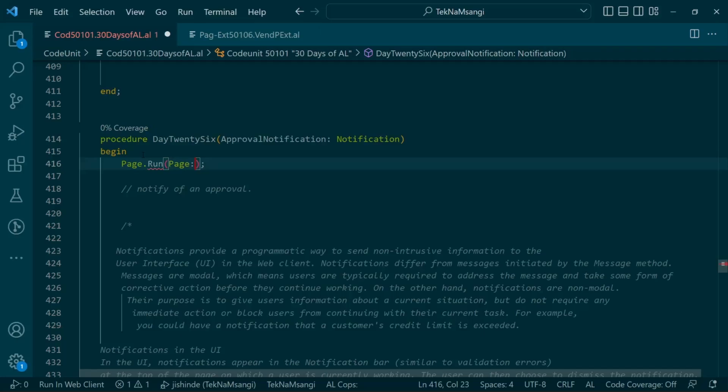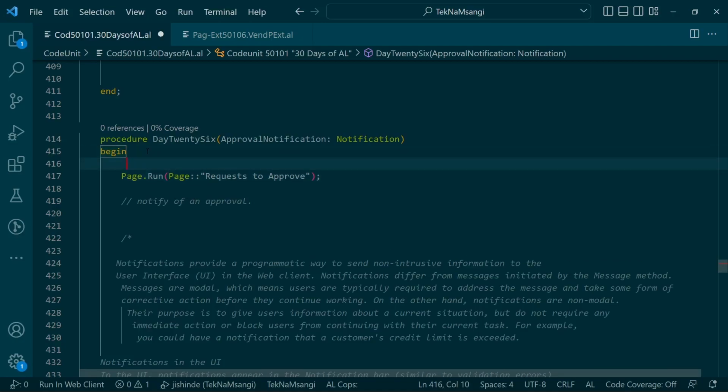It's the page of requests to approve. That's it, as simple as that. This particular action for the notification will open the request to approve page. So at this point we can get the notification, the approval